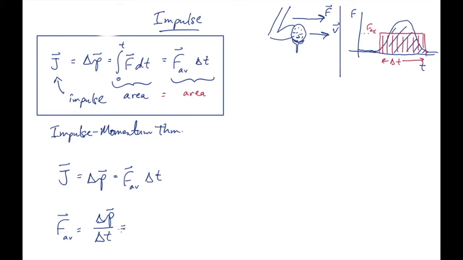So I could write this as the ball's mass times its final velocity minus the ball's mass times its initial velocity, divided by delta t. And writing it this way shows that this is really just a restatement of Newton's second law. The force is the change in momentum over change in time. And we've now averaged this over some time that a force is in contact with an object or a system